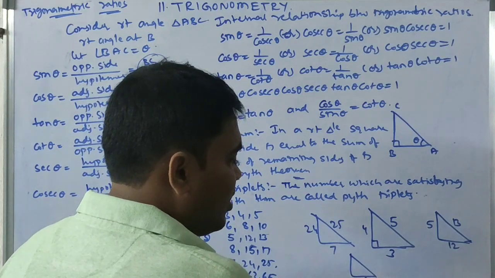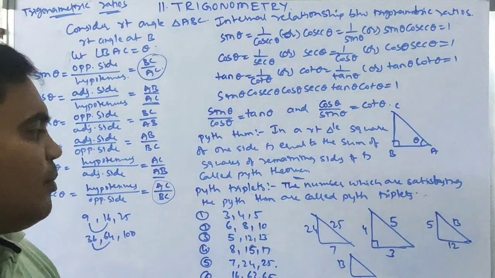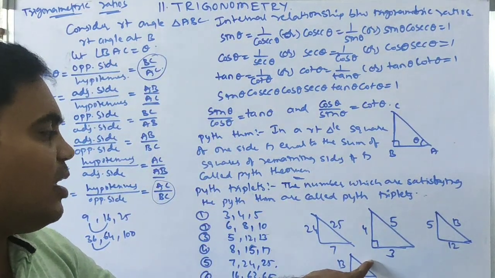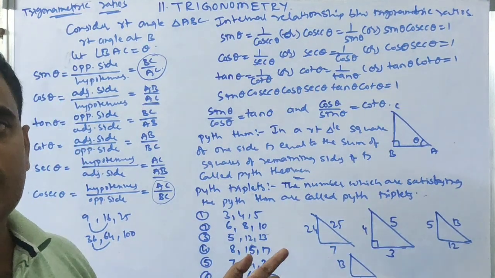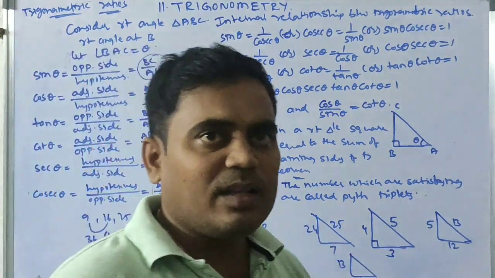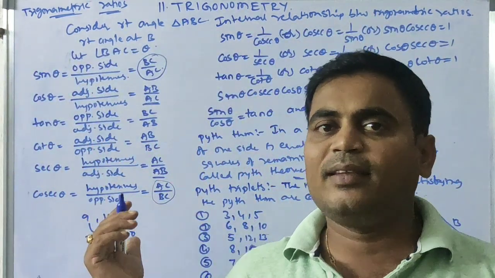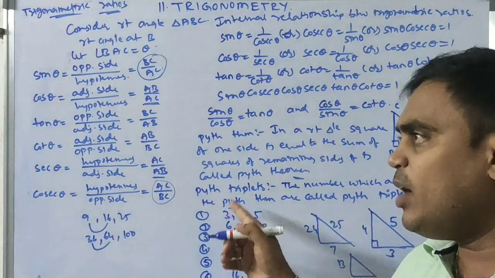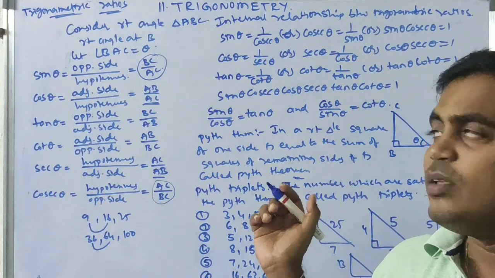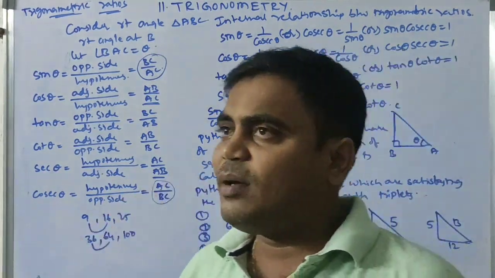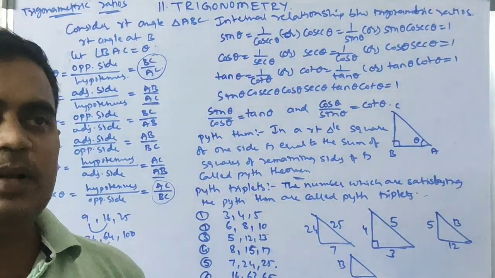So if, for example, this is 12, 13, the combination is 5, but this won't be 5 because this is the hypotenuse. Here we can't apply 5, 12, 13. So only if the hypotenuse is the longest side can we apply the Pythagoras triplets accordingly. Among these triplets, the bigger one should be the hypotenuse. Okay, so this is about trigonometric ratios, Pythagoras theorem, and Pythagoras triplets.